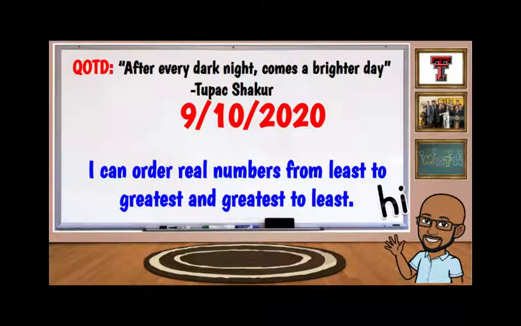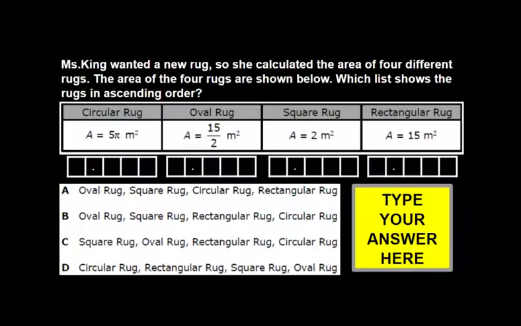Our quote of the day today is "After every dark night comes a brighter day" by Tupac Shakur. Today is Thursday, September 10th, 2020, and our I can statement is I can order real numbers from least to greatest and greatest to least. Now, today we are going to be doing full-blown 8th grade math. All right? So we're going to be trying these problems where there's going to be multiple steps, but you got